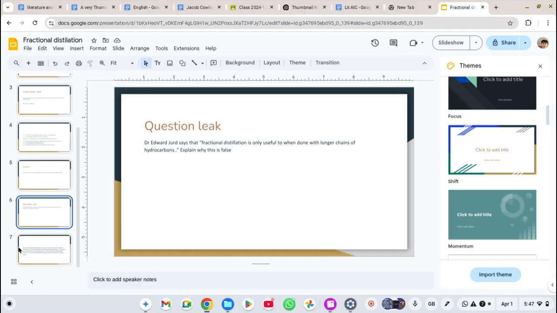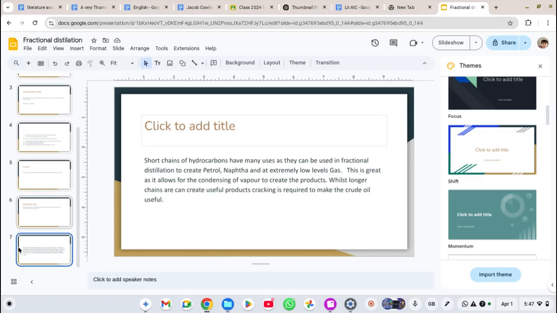All right, answer, maybe 3 or 4 marks out of 4. Short chains of hydrocarbons have many uses, as they can be used in fractional distillation to create petrol, naphtha, and at extremely low levels, gas. This is great as it allows for condensing of vapour to create the products. Whilst longer chains of hydrocarbons can create useful products, cracking is required to make crude oil useful. So if you want properly useful products, you're going to need smaller chains, and cracking creates smaller chains of hydrocarbons